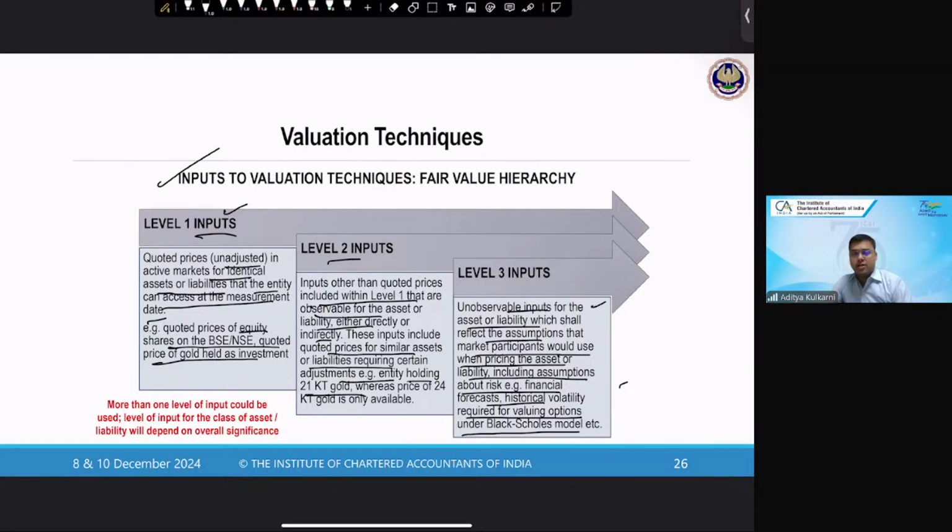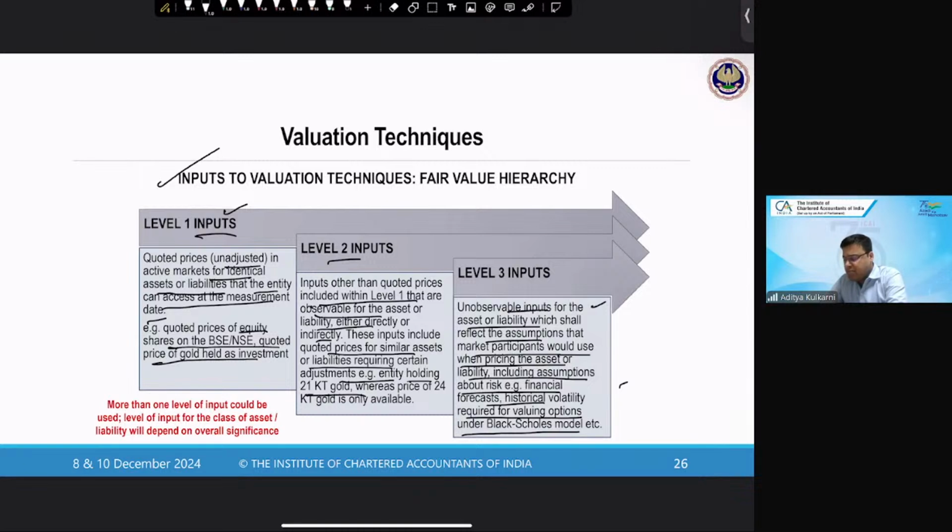There is nothing that you need to do. This is the most reliable and the easiest method of calculating the fair value. When we talk about level 2 inputs, these could be the quoted prices subject to certain adjustments. We saw the case of a company like Volkswagen, which does not have listed shares. But if I were to value it, then I could probably take a comparable like Suzuki or Hyundai, for example, and then make some adjustments on account of liquidity discount or market share adjustments, whatever be the case, to arrive at the fair value for the shares of Volkswagen.